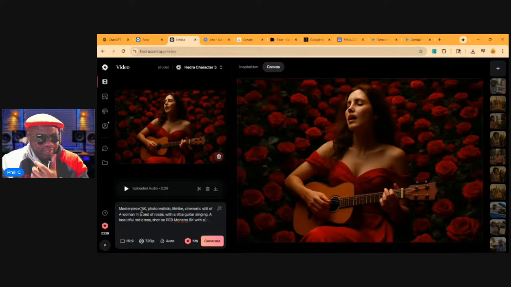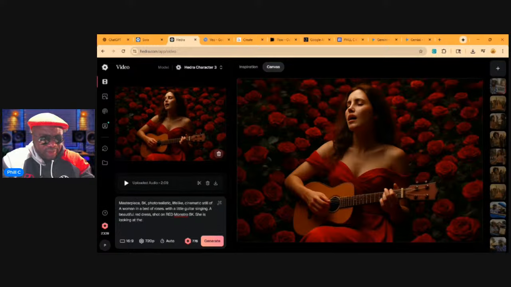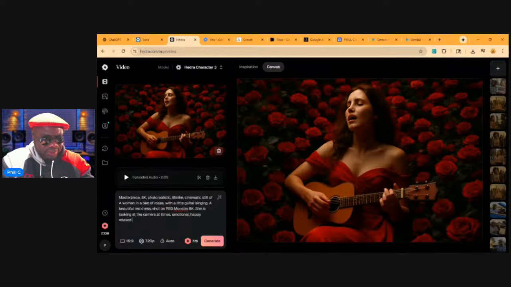I've already got the effect I want. So I could say what will be of value is she is looking at the camera at times, emotional, happy, relaxed, and carefree.